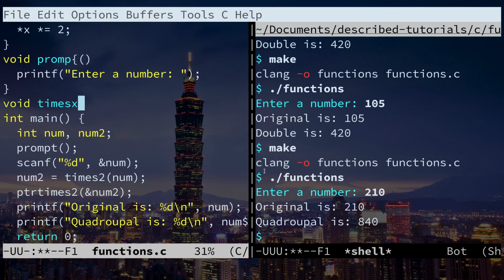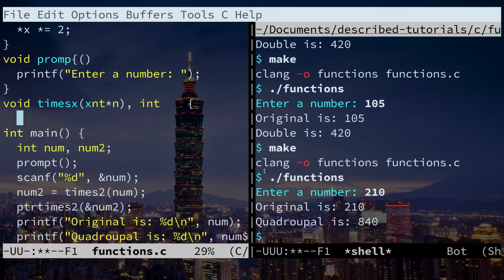Times x. We're going to call it times x, and it's going to take an int pointer x, so int asterisk x, comma, and an int n. void times(int *x, int n) {